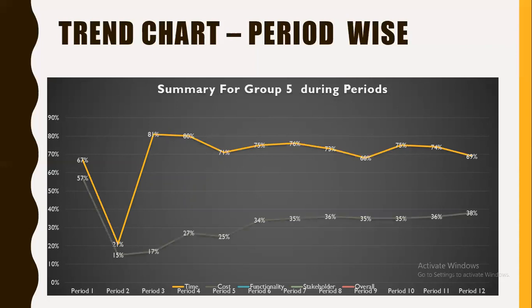After that, the cost. From the graph, it is clear that in the case of cost, we are at 57% in the first period, which is more than 50% in the case of time and cost during the first period. But in the second period, we used some wrong resources who were not efficient for the task. That's why we got a very low percentage in the second period, because we bid on some efficient resources but we didn't get those resources. After that, our cost kept increasing, and we reached 38% in the last period.